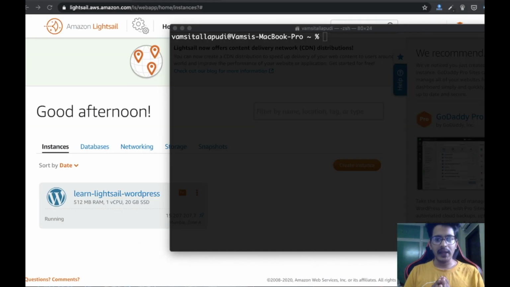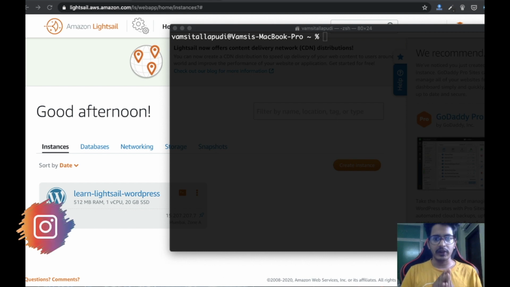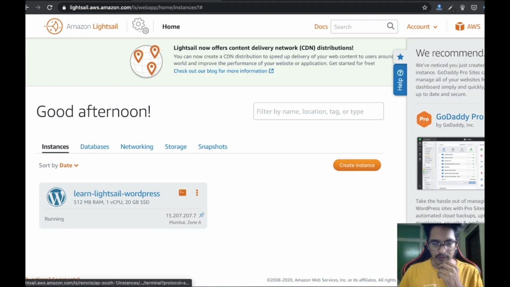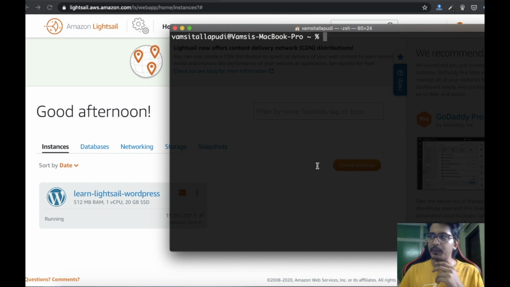Hey guys, we are back. It took about 24 hours for DNS to propagate, and now we'll log back into SSH using our terminal. You can use the console, but I want to show you guys how we can log in using the terminal too.